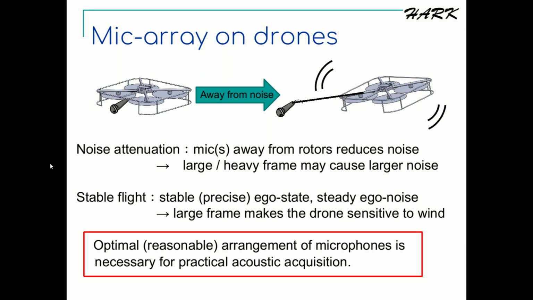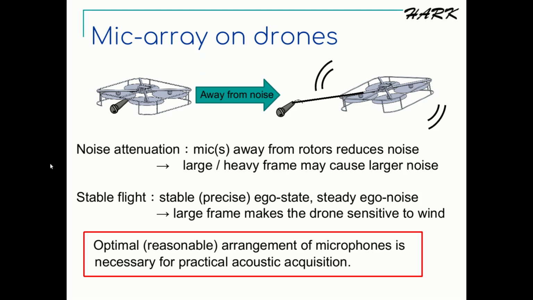If one wants to equip microphones sticking out from the drone, then the frame to hold the microphones extends the original drone structure, and that makes the drone much larger and heavier, which is not good even from the acoustic perspective, because the rotors need to spin faster to generate larger thrust to cancel gravity, and that leads to larger echo noise. A larger body becomes more sensitive to wind as well, and it may break the balanced, stable flight characteristics, which causes an unsteady echo noise pattern over time, and it adds another uncertainty to estimating the location of the sound sources.